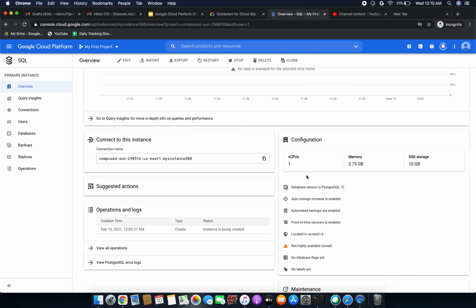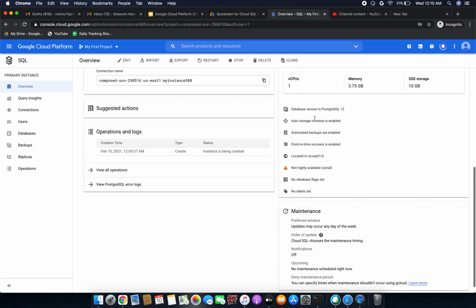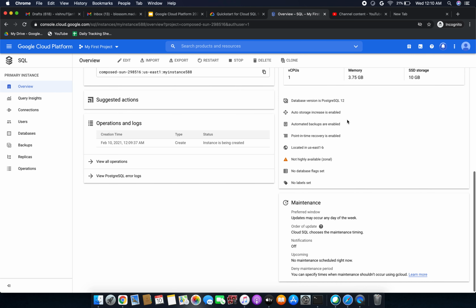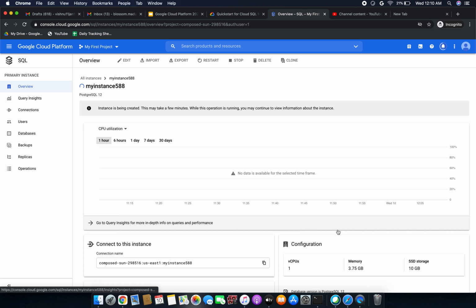It's one virtual CPU, memory is 3.75 GB, and SSD storage is 10 GB. The database version is PostgreSQL 12, which we have selected. Maintenance is shown here. Still the instance is being created now.